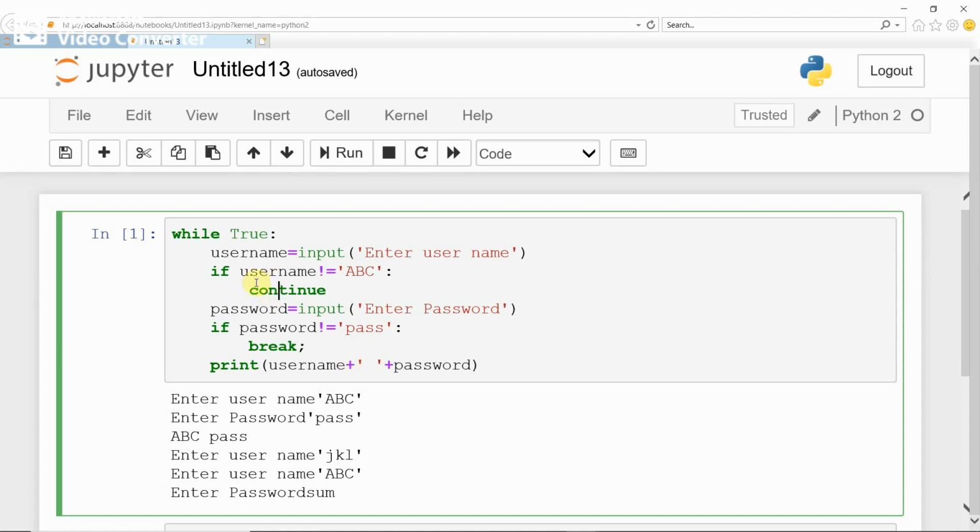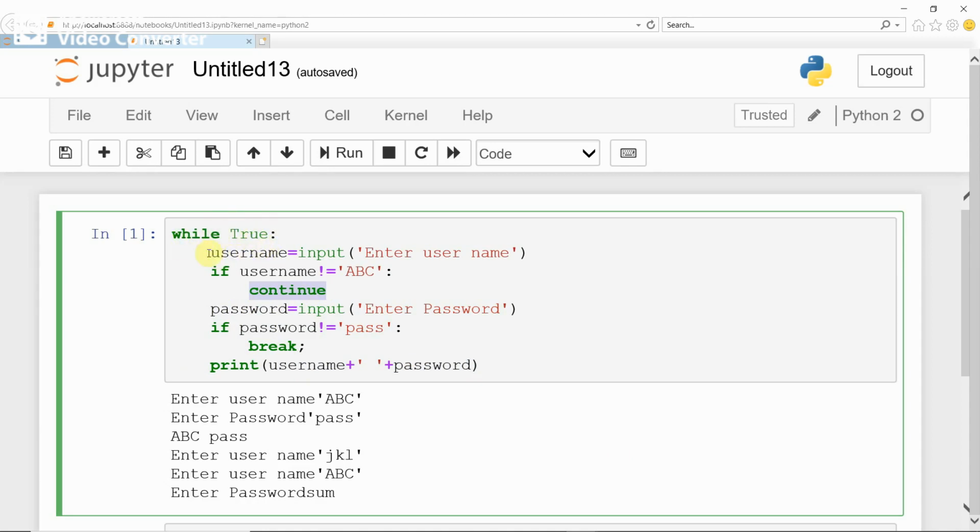Continue statement works only when the username is not the expected username, that is, if username is not equal to ABC. What does it do? Continue statement brings the control back to the while loop. It won't transfer the control to the next statements. Those statements will not be executed if the continue statement is executed.